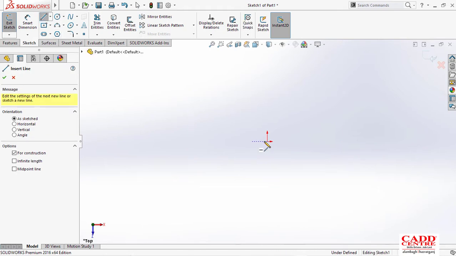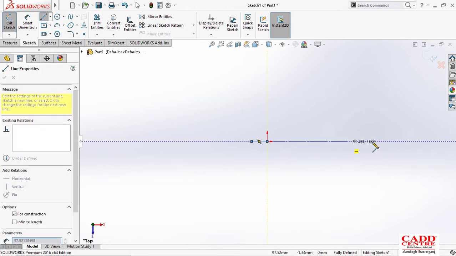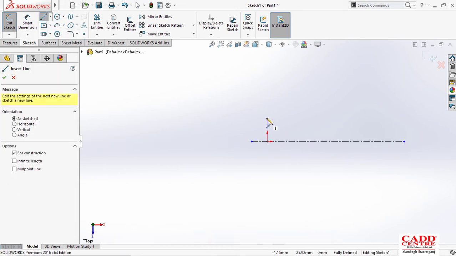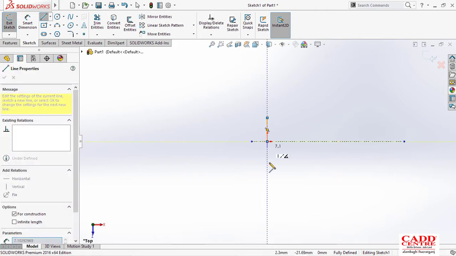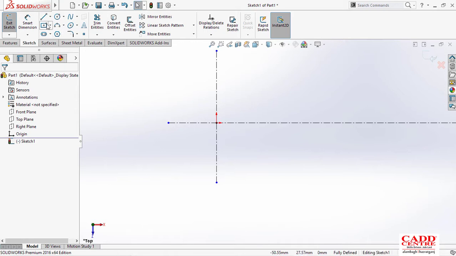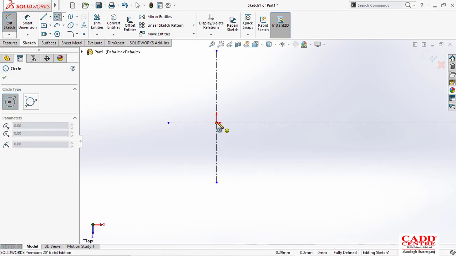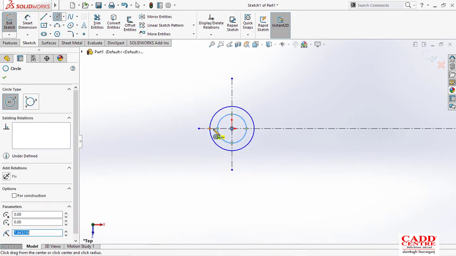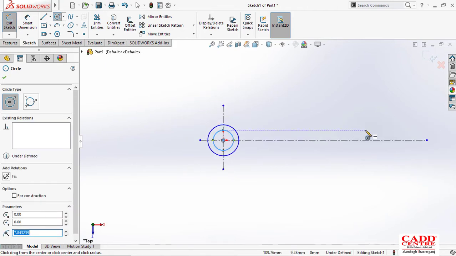I'll draw one center line which is horizontal, and another center line which is vertical. So these are our two center lines. Now we will draw the two circles which they have given, this one and also another circle.